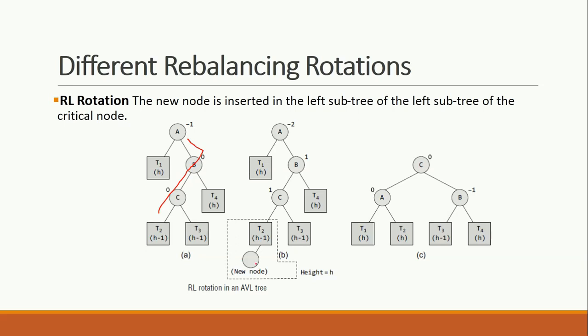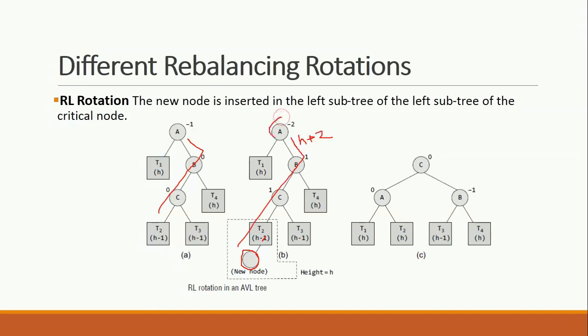So suppose I inserted a node here. Once I inserted a node, this will become H, so it will eventually become 1. This will become 1. Also, since it is already H, it will still become 1. Now the height would be H plus 2 here. So it is still H, and H minus (H plus 2) would be minus 2.